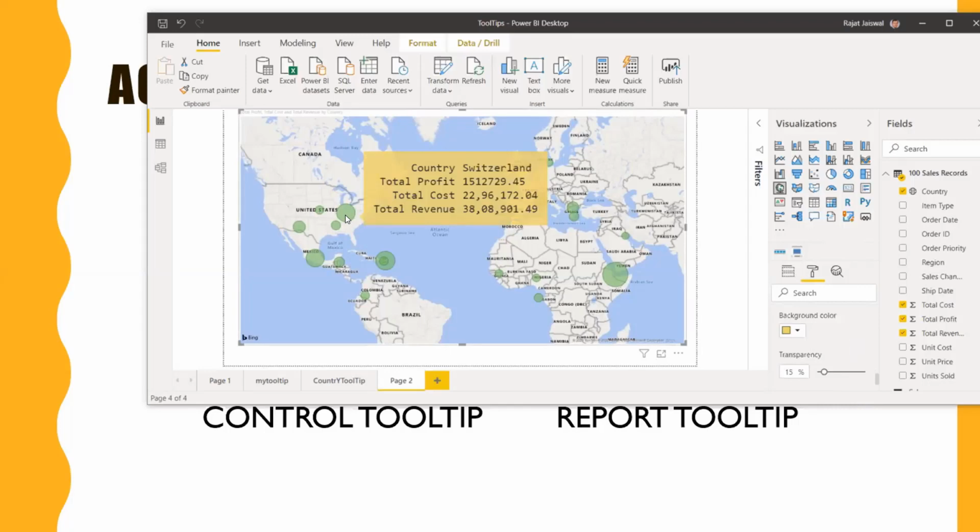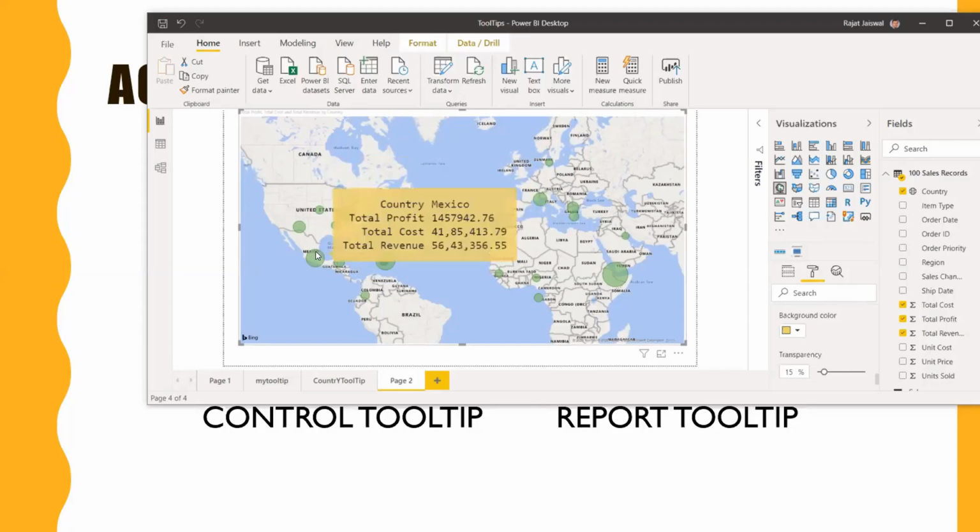So you can see that you can customize the tooltip visualization as per your need. So you can easily do some kind of tweak as per your requirement, as per your designing need. That's what we can say.